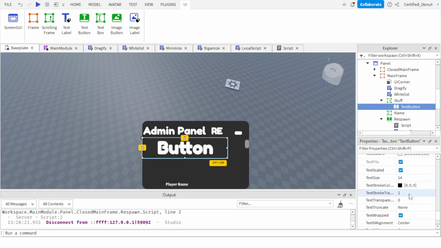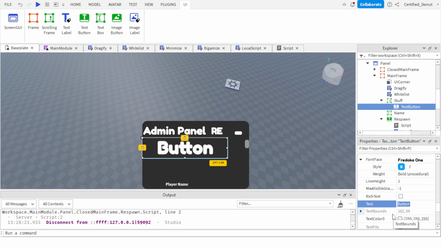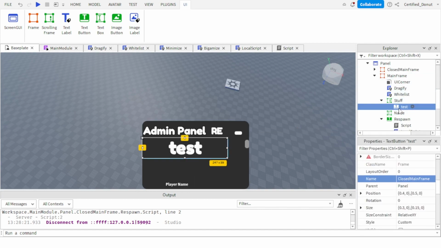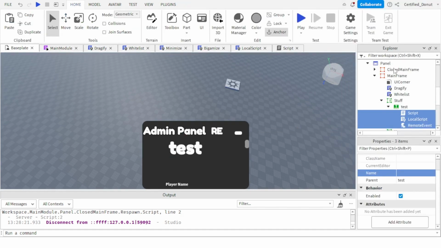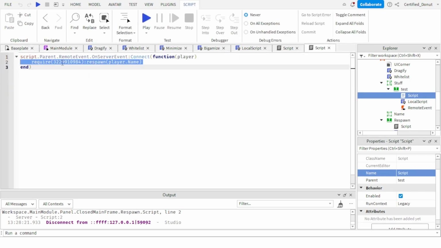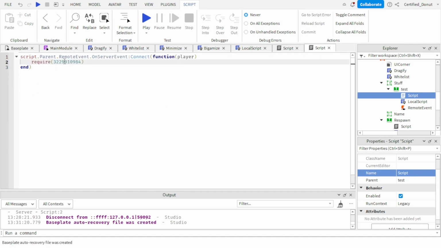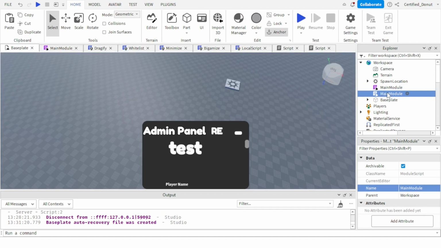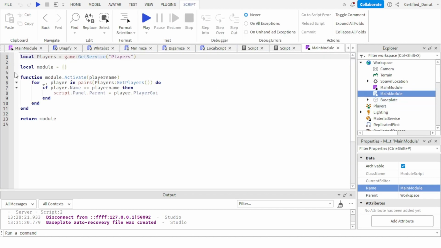And then you can set the text, for example, I'll just do this test, add, and then for the name, also put the exact same as the text, and then paste into the script. And then in the script, instead of this, just get rid of the end and get rid of the middle, and then whatever you want to do, duplicate the main module that you have,